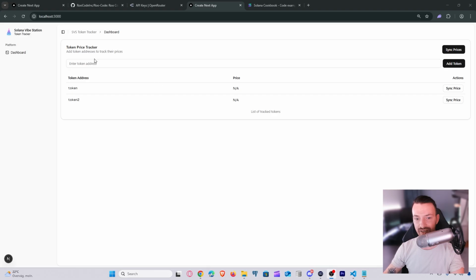Because if we are going to add tokens within our system which are not actually valid tokens, that will cause issues along the way, as we will try to fetch pricing and so on. So the first functionality that we will build is to verify if the token that we entered is legit, and